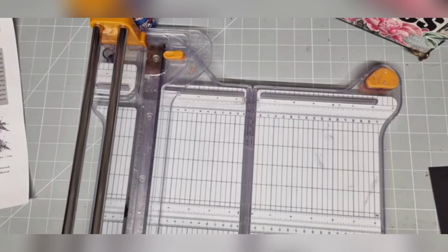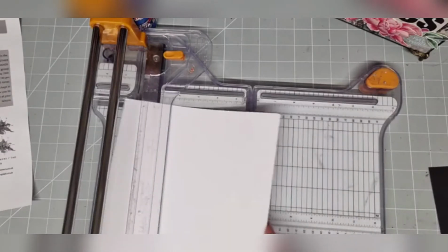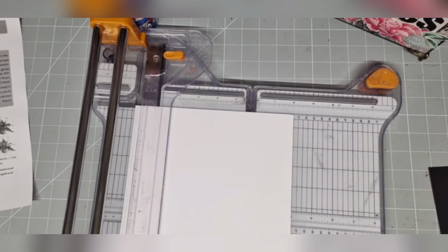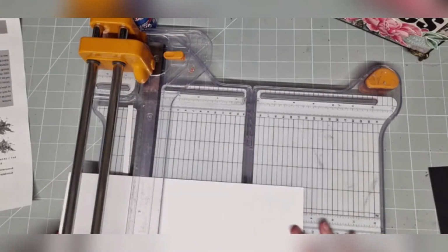Right, okay, so this is what I think. Whether it's right or not, I don't know. So for our hinges, we need to cut a piece that is 8 inches by 8 7/8 of an inch, which is, if you don't do